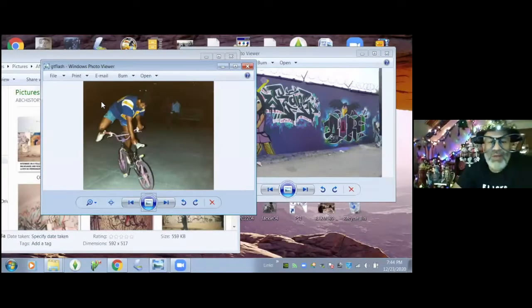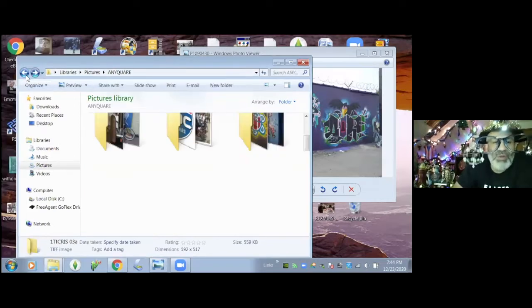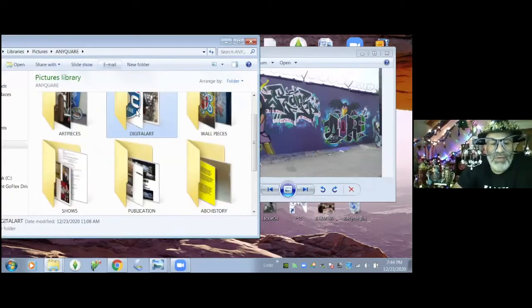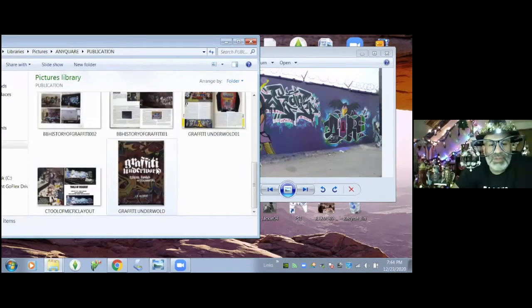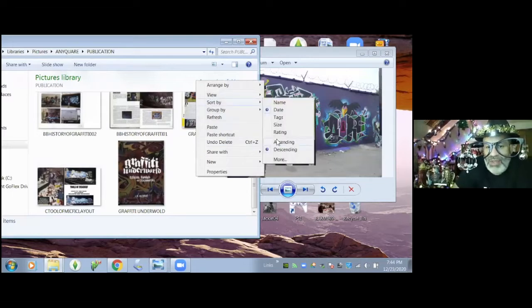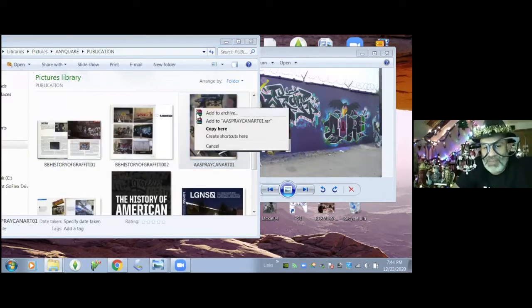So that's what I did. And then I went away to the military. And when I started to come back, I'm going to go into these publications that I have. And one of the things that I noticed, let me do the ascending so it stays in order. One of the first books that